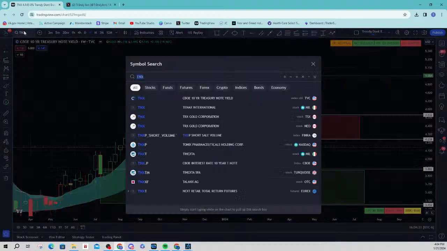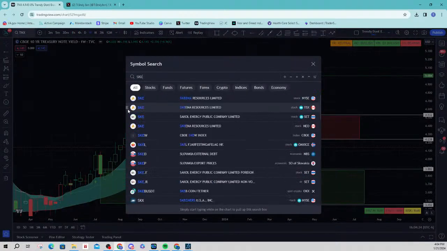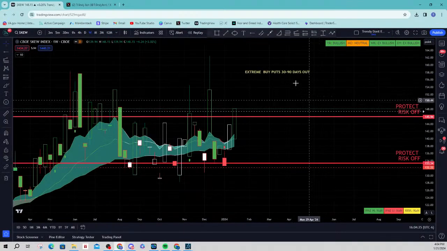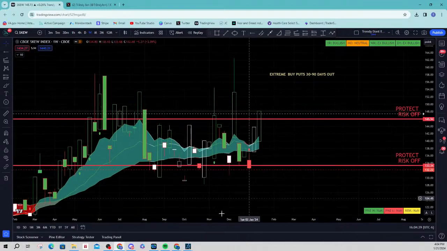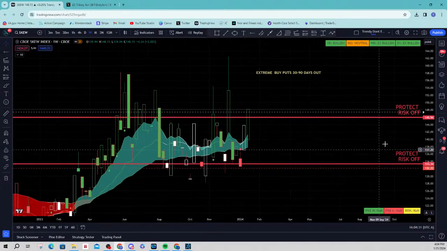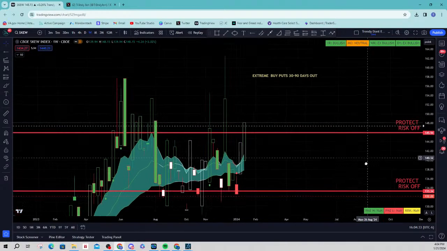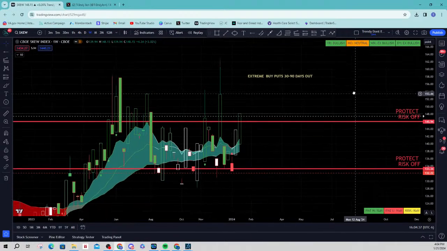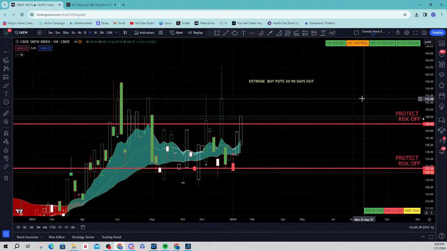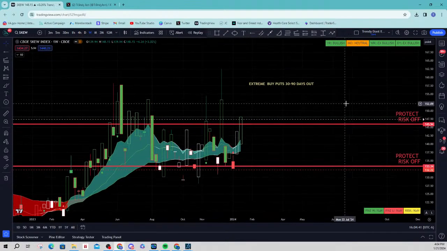The skew, very important. If you don't understand it, please look it up on Google. The skew at the moment is at 148. I've been all over this. When I say all over it, I mean I know how to read the market, just like I knew how to read my dad's tone when I was younger. I knew when to press the gas and when not to. You know what I'm saying?